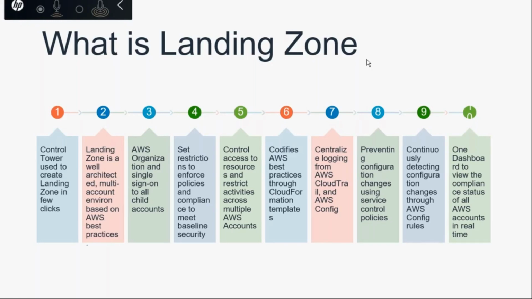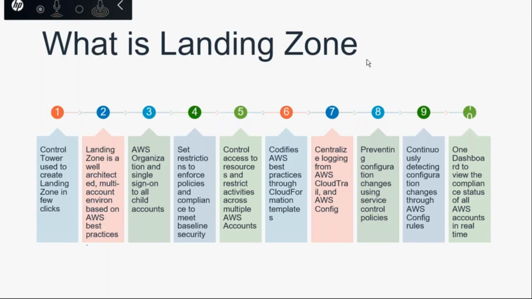Suppose someone tries to change your security group that you created. As I said, Control Tower itself creates some security groups and some config rules to meet compliance. If you try to change the configuration of those, it won't allow it. It will just deny. You won't get access to modify it. Even the master user won't get access to modify the service control policies created by Control Tower. On top of that, of course, you can add your own service control policies at the org level.